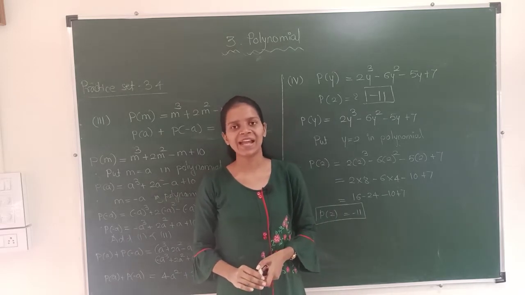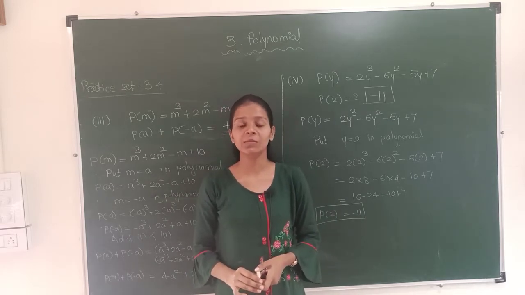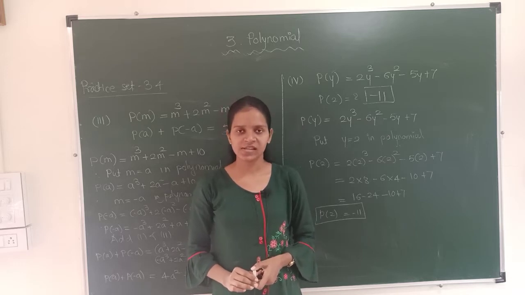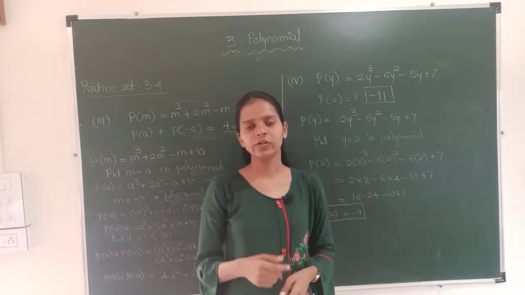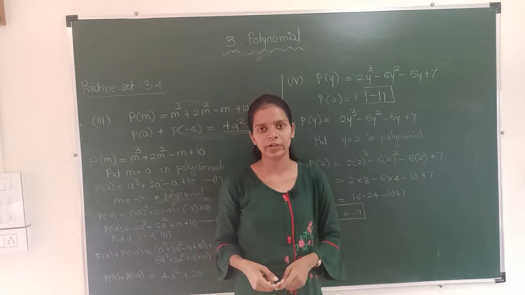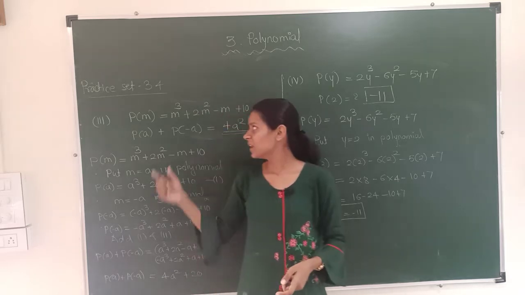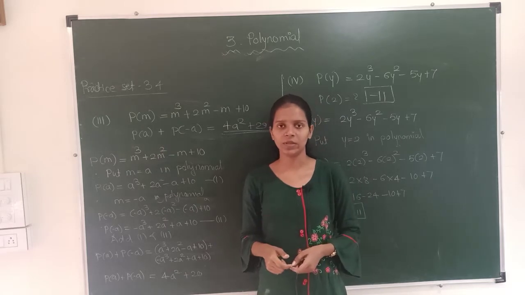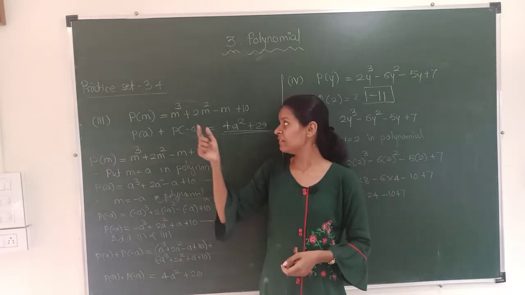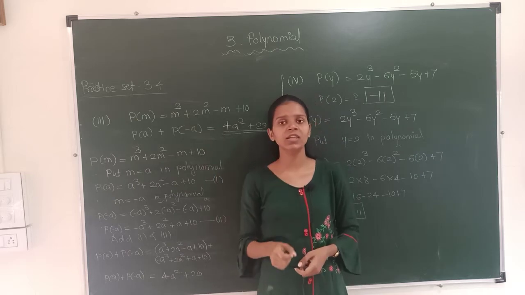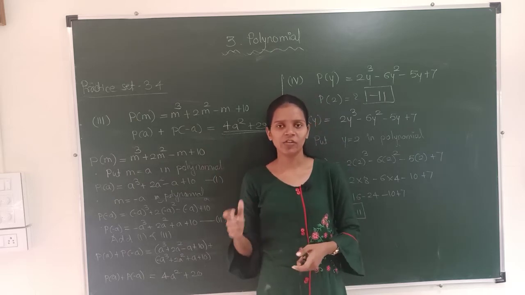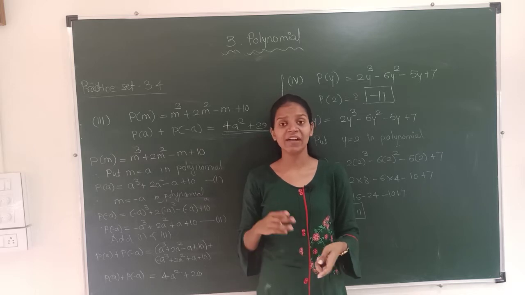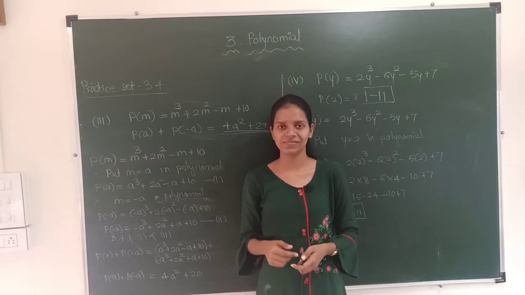We are learning your 9th standard mathematics chapter. The name of the chapter is the polynomial. In the previous video lectures, I have told you how to find the value of a polynomial. See, if there is a given polynomial, there must be a variable in the polynomial. If we replace the variable by some constant value, then we will get the value of that polynomial, okay? And the variable can be anything, as I have explained all this in the previous videos.